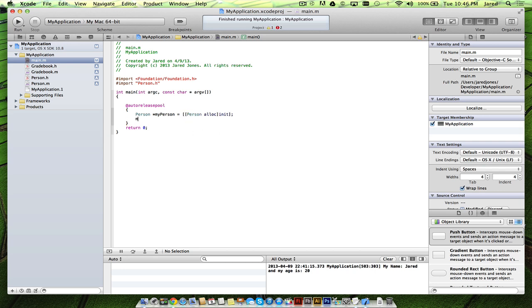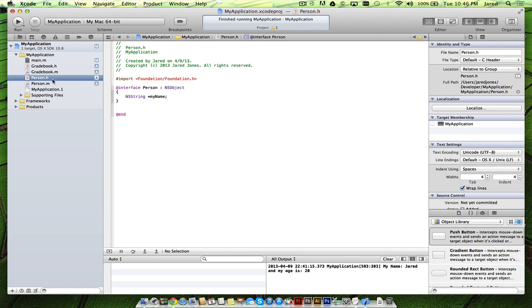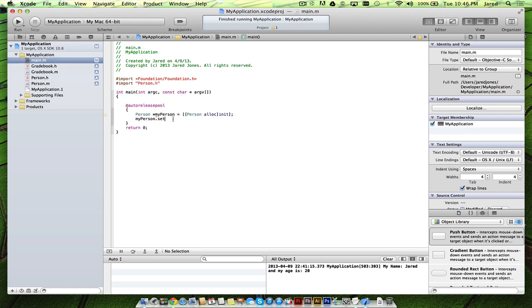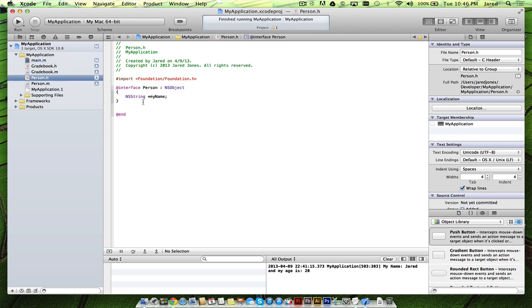But you can't do, what did I call it? My name. Notice my name's not available. And you also can't, remember I told you about, you can call methods with, notice you can't do that. And the reason you can't do that is Objective-C requires that you create instance methods to write and to read